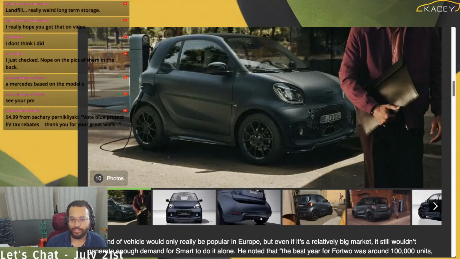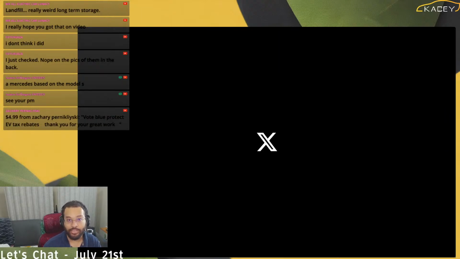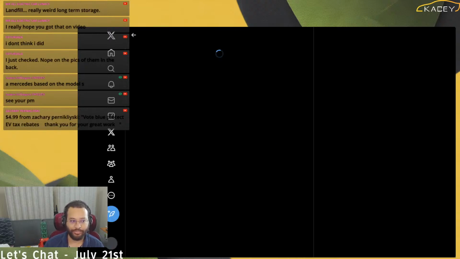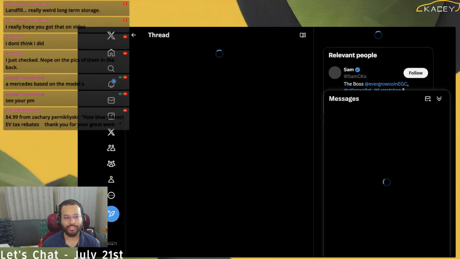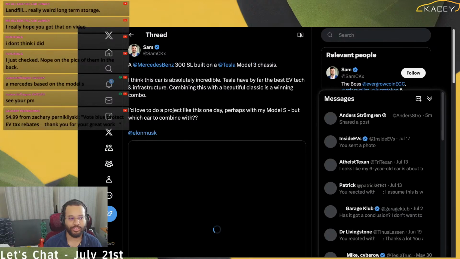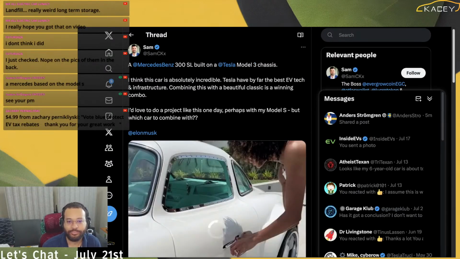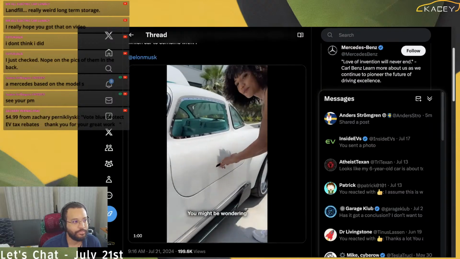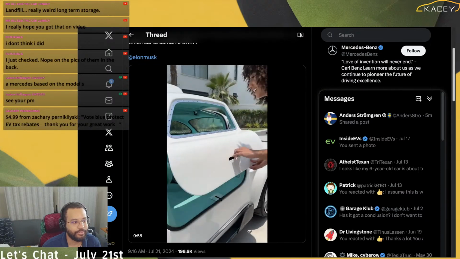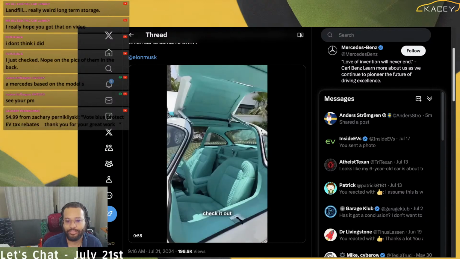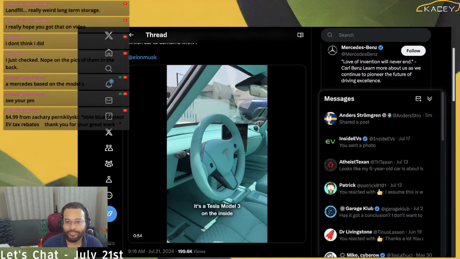So this Mercedes SL is built around a Tesla Model 3. It was done gorgeously. Basically, I've got the audio off, but if you heard it, all the sounds are Model 3 sounds, from the charge port door to the frunk release. Now let's take a quick look. Very well executed.